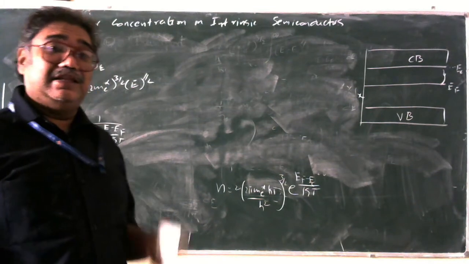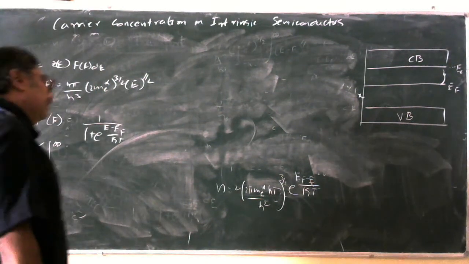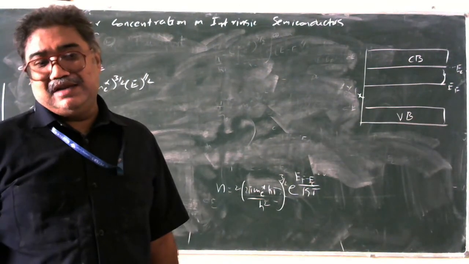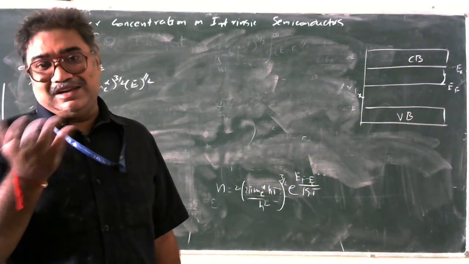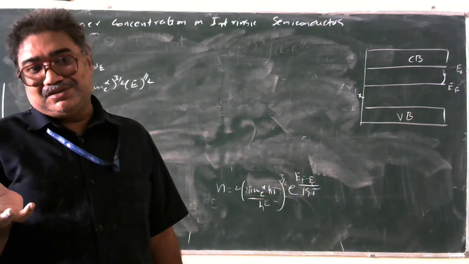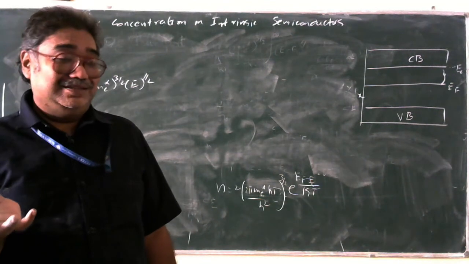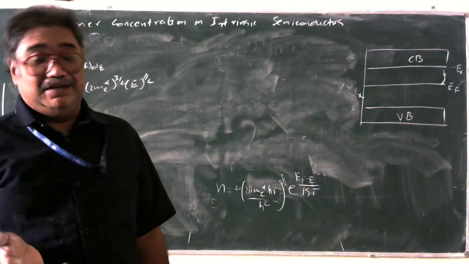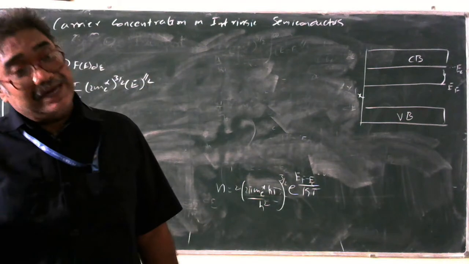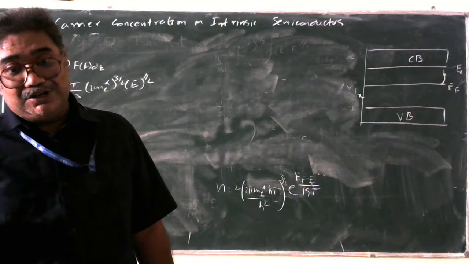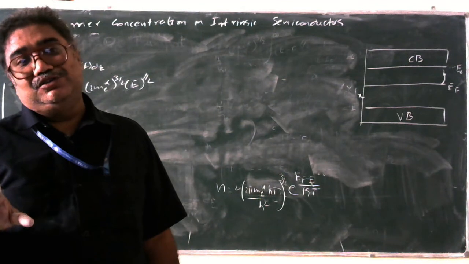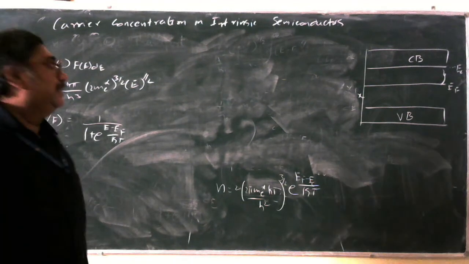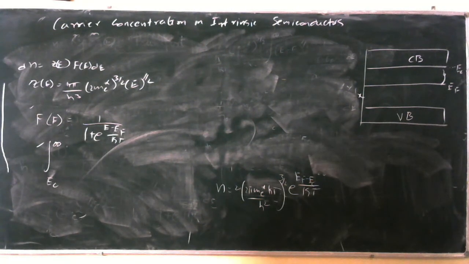Similarly, we are going to calculate for extrinsic semiconductors too. But in extrinsic semiconductors, what are we doing? We are adding pentavalent impurities. When we add pentavalent impurities, what happens? Pentavalent impurities contribute a little excess of free electrons. They are still less in number, but far better than the pure semiconductor, far better than the pure insulator. So these little free electrons, because of the addition of pentavalent impurities, contribute a lot when compared to the pure insulator or a pure semiconductor. So this is as far as the intrinsic carrier concentration in semiconductors for electrons is concerned.